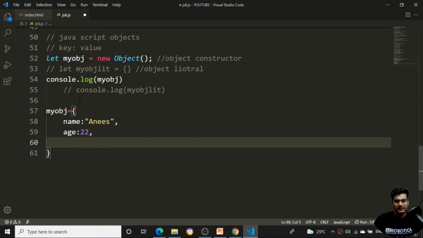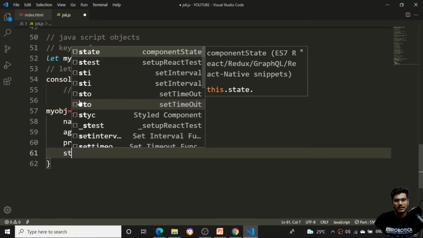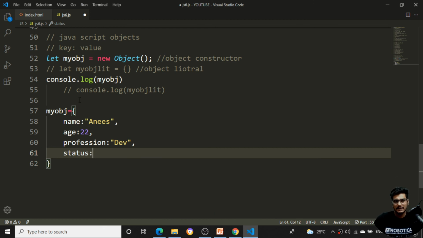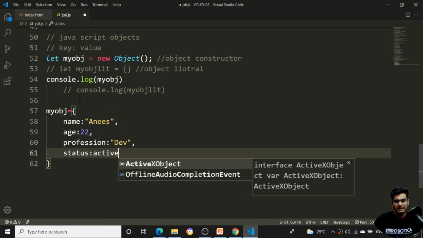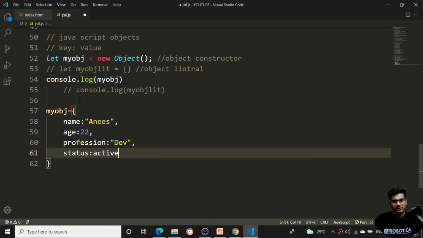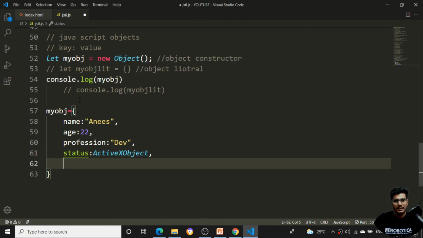Then what else can I give? Profession is developer. Then what else? The status is active. I think status is a keyword, so I cannot use it.